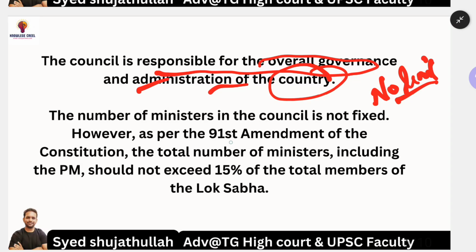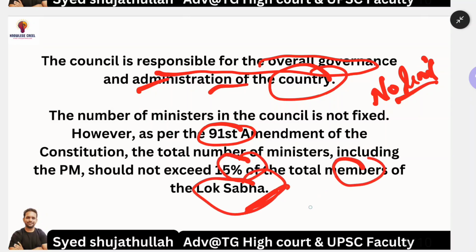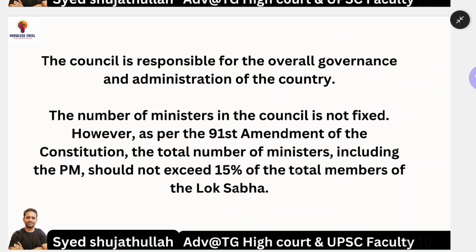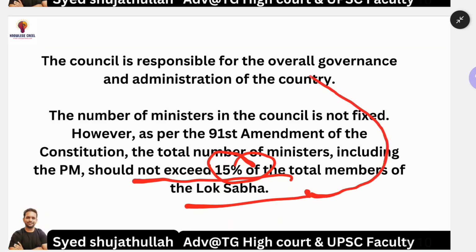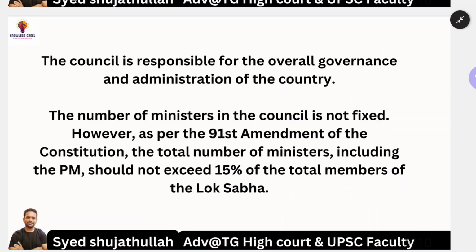But there was an amendment, the 91st amendment happened. According to this amendment, the government should not appoint more than 15% of total members of Lok Sabha. See, Lok Sabha. So in the statement I have given you both the houses of parliament. No. So the ministers are all coming from what? Lok Sabha. Okay. Remember this point. And the number of ministers should not exceed 15% of total members of Lok Sabha. This point you have to remember for sure. And this provision was made by instituting 91st Amendment Act. Okay, including Prime Minister. So that is important here. Including PM, the number of ministers should not be more than 15% of total members of the Lok Sabha.